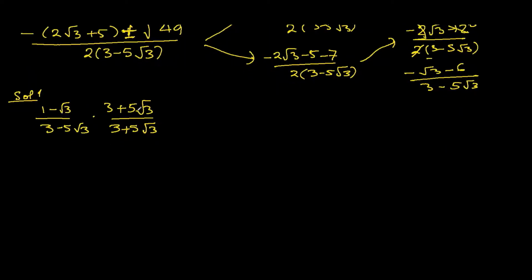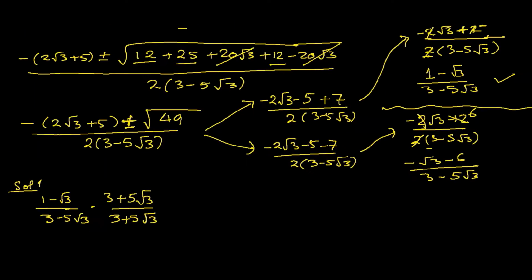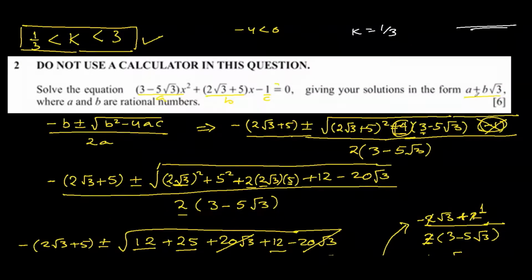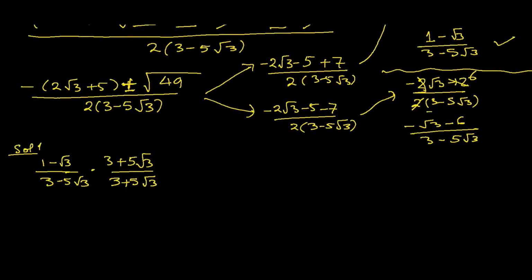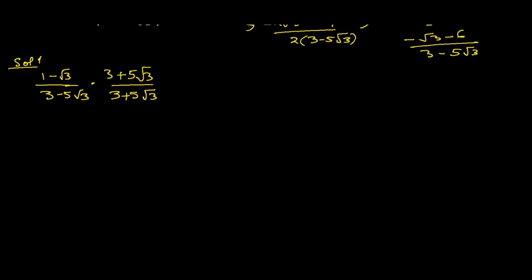multiply numerator with numerator, denominator with denominator. I hope you understand what I did. I multiplied this particular rational expression with the conjugate of the denominator, because if you see, they have said a plus b square root 3, there is no denominator in surd form, so there must not be any surd at the bottom. Okay, so let's multiply 1 with 3, we get 3. 1 with 5 square root 3, 5 square root 3, minus square root 3 with 3, minus 3 square root 3, minus square root 3 with this, square root 3 and square root 3 will become a complete 3, so it will be minus 15